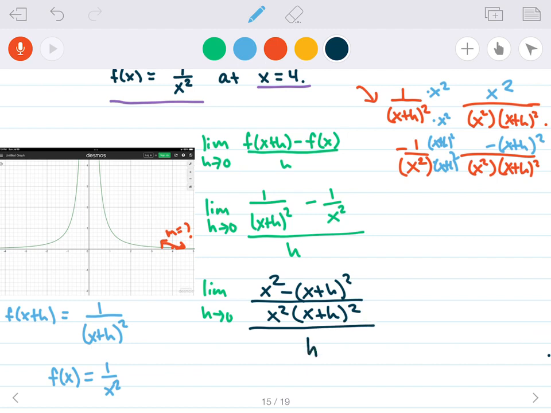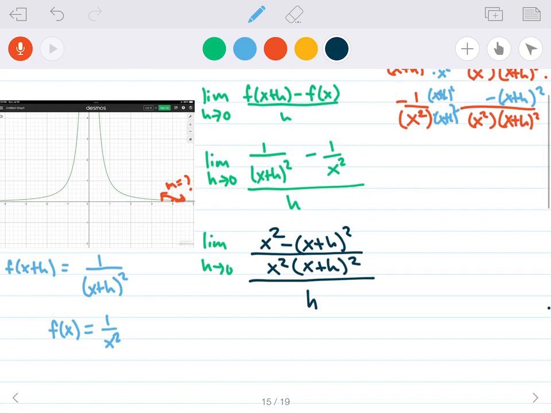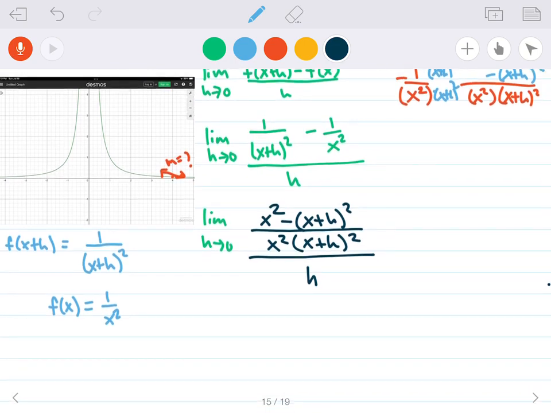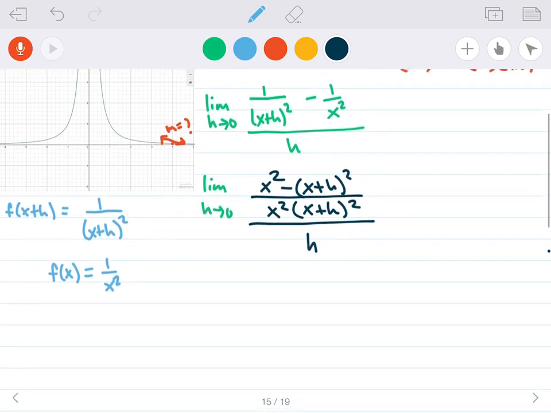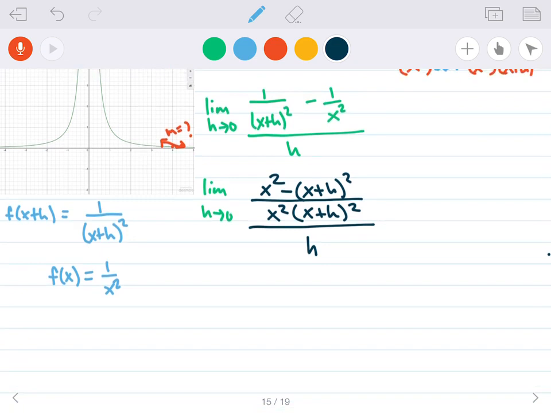Okay, so what can we do at this point? Well, what we could do is expand the x plus h's. Really, we can't do anything else at this point. So I guess we can go ahead and do that. The x plus h squared. So what we have,